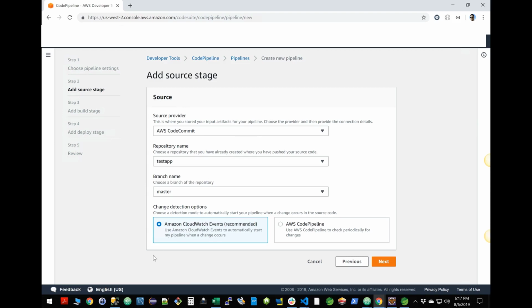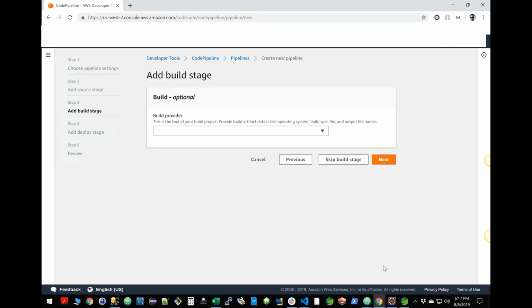So in this case, we're going to use CloudWatch to basically detect all the changes that are going to happen to our code pipeline. Or we can actually have CodePipeline go and check for all the changes periodically. So in this scenario, I'm just going to pick the first one. In the next step,